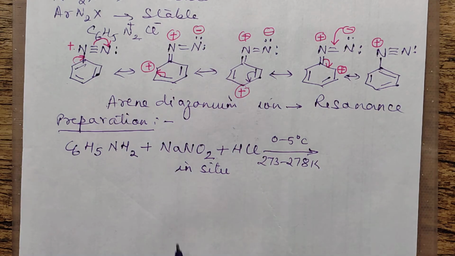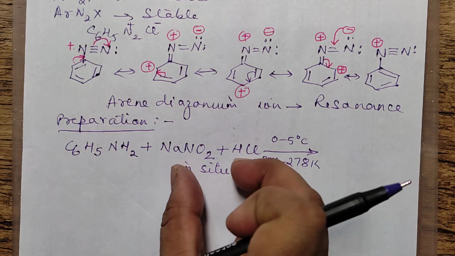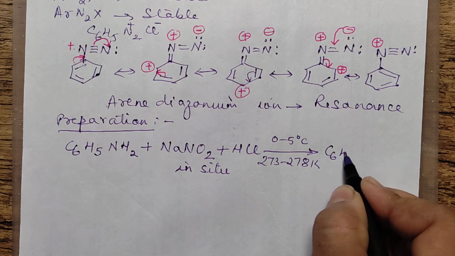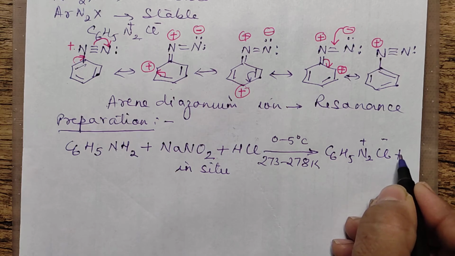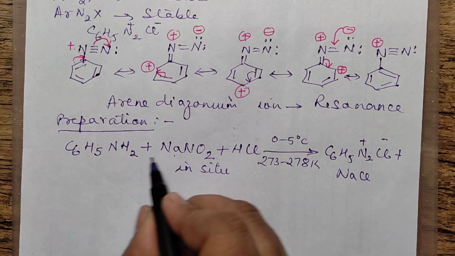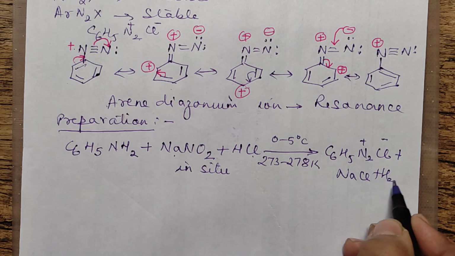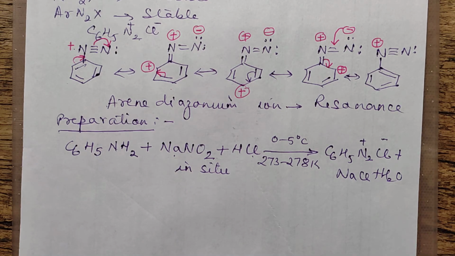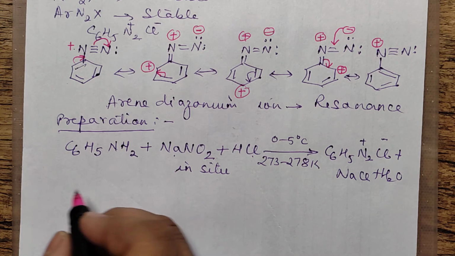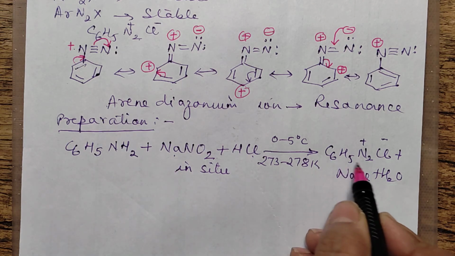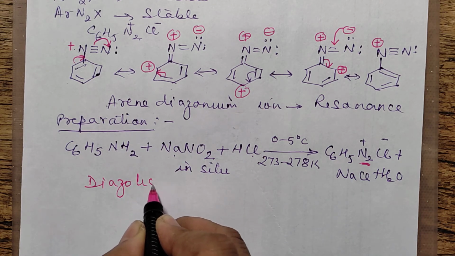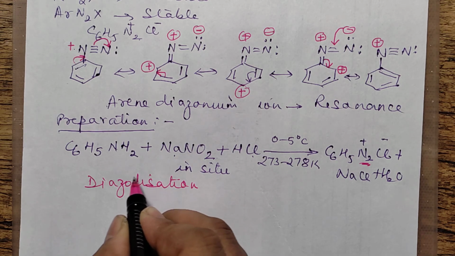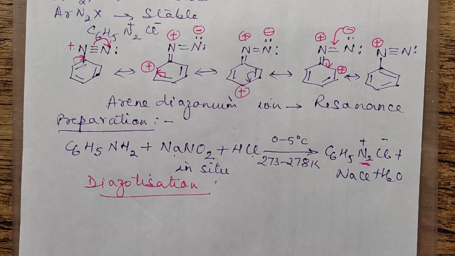If not this, you will also find it sometimes written in Kelvin. That is also fine. So what happens is, you are getting HNO2 by the reaction of these two, and you will get the product as C6H5N2Cl. This will be plus, this will be minus. Plus what else you are getting here? NaCl, the Na with the Cl, plus water. Now this is an important reaction which we will require in a lot of conversions, right? So this is actually introducing a diazo group. So this reaction is also termed as diazotization. What is this called? Diazotization, right?